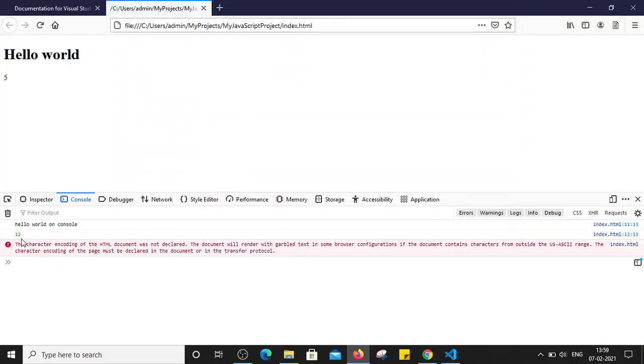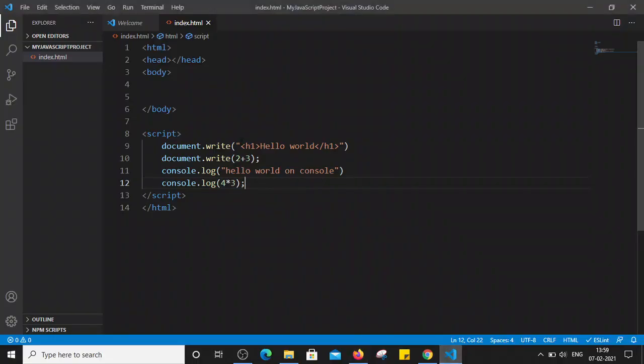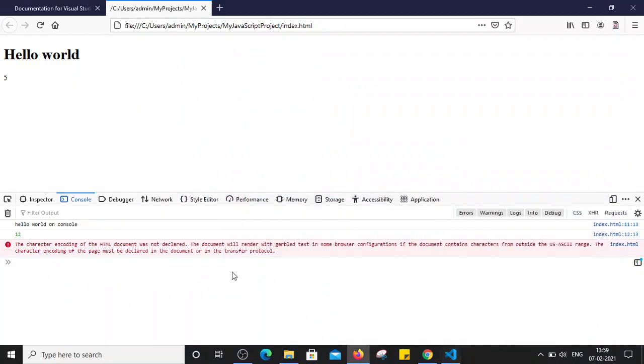See, here it prints the 12 as well, right? So 4 into 3 is equal to 12, and it is not printed on the web page. So that is the basic difference between document.write and console.log. Document.write will print the content on the web page, and console.log will send the content on the console window of the web browser. So this is the console window where we can see the output, right?